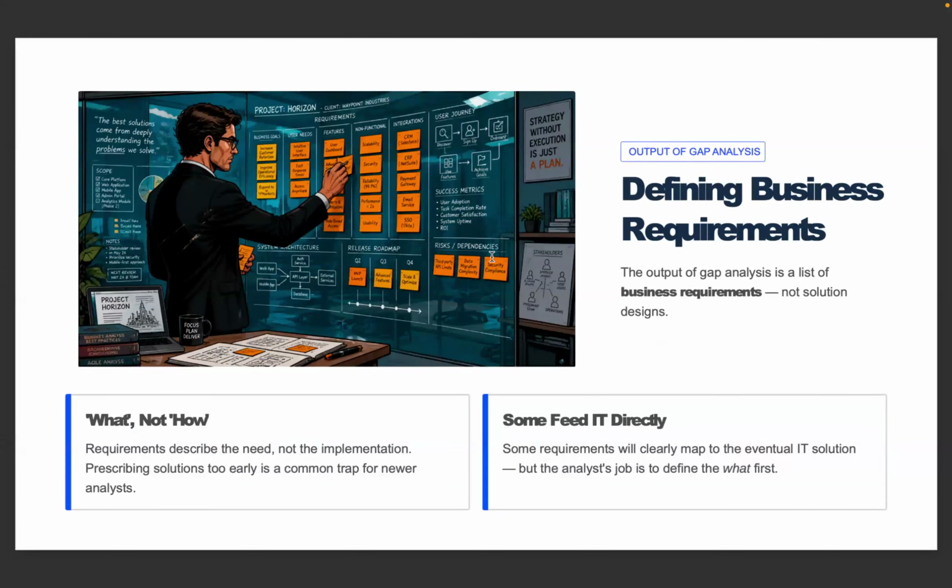After analyzing the gap, the next step we need to take is defining the business requirements. The requirement is a very important aspect, and on this side, it makes us understand what the business needs. A common mistake that is usually made is when people fail to define their business requirements properly, and they just jump into the solution before defining the business requirements.